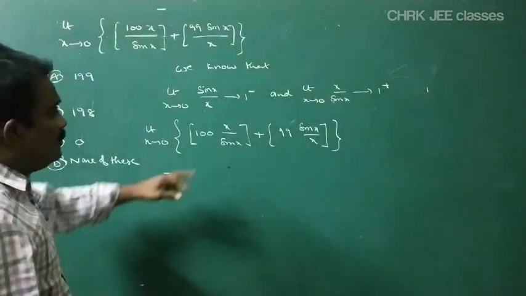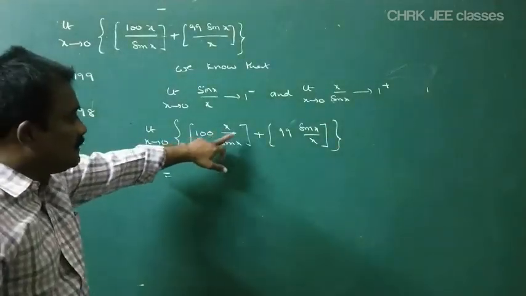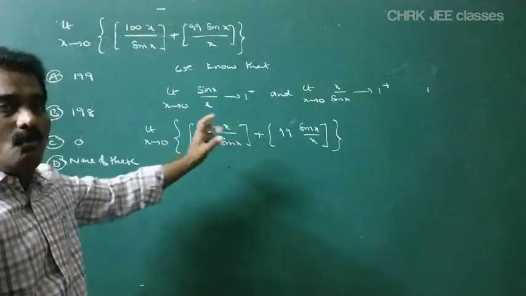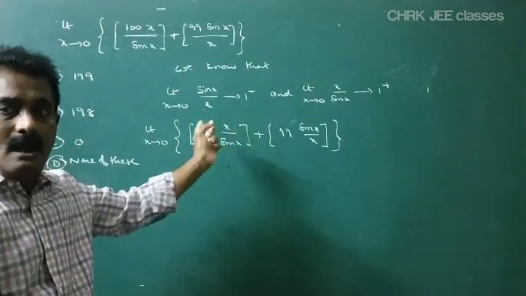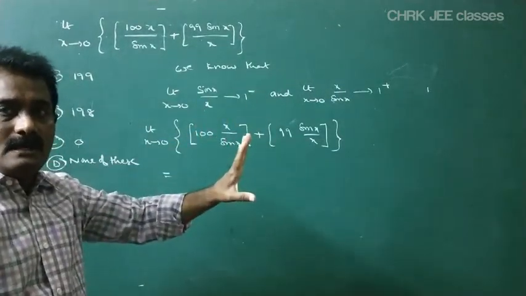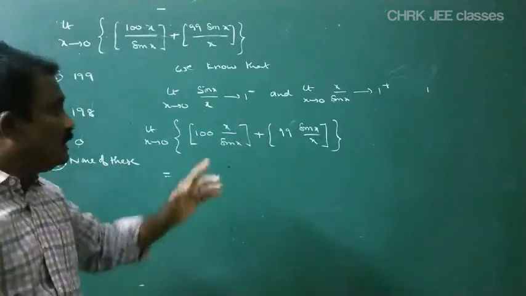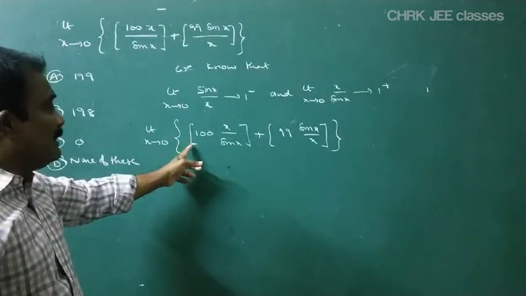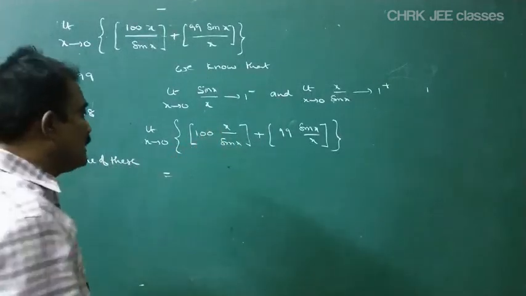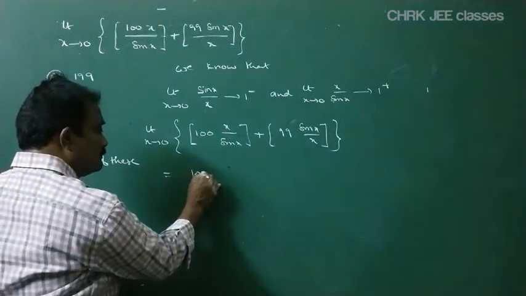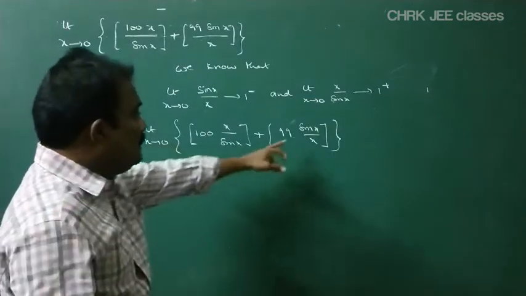By applying the value here, this is nothing but 1 plus, that means 1.001 something. 100 into 1.001 is nothing but 100.0001 something. So integral part of 100 point something becomes 100, and